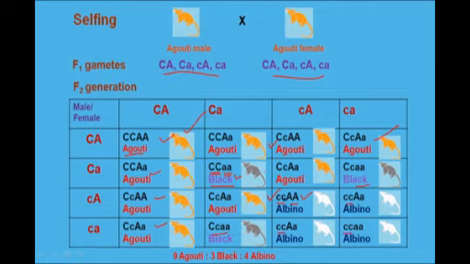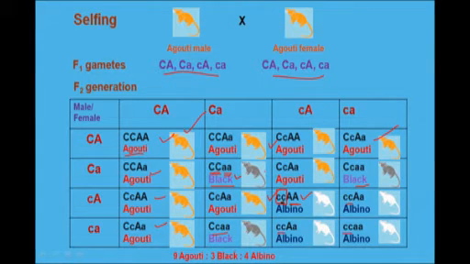So here you can understand the phenomenon of recessive epistasis. These are two recessive alleles of a gene which will mask the expression of the A gene, though it contains a dominant allele. So both small c are recessive, but they will affect the phenotype of capital A. So the offspring will be albino color.